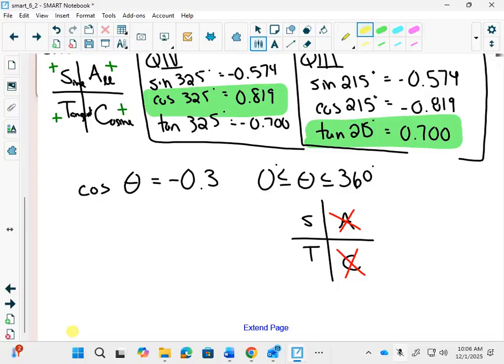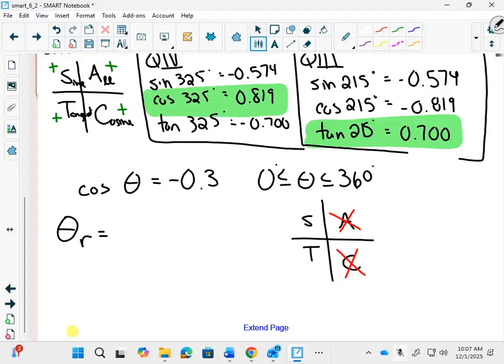So there's a couple ways that you could go about this. We figured out one answer was 107. If you knew 107, you could find the reference angle, and then use that reference angle to find it in quadrant 3. That's one method. What we're actually going to use as our method is we're going to find the reference angle first. And our symbol for a reference angle will be the angle with a tiny little r,